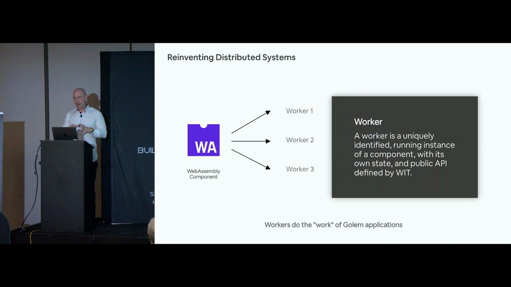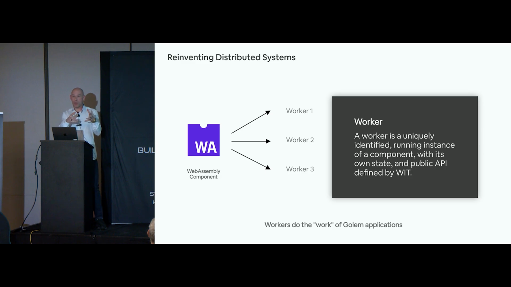And then how do you do work in a Golem application? Well, Golem has this concept called a worker. And a worker is nothing more than a running instance of one of your components. And it has a unique identifier, which could be like a request ID or something like that, or it could be related to a user's shopping cart or a user or an auction. It depends on what you're building, with that ID, if it has any meaning at all, and what that meaning is. But fundamentally, a worker is just a running instance of a component.